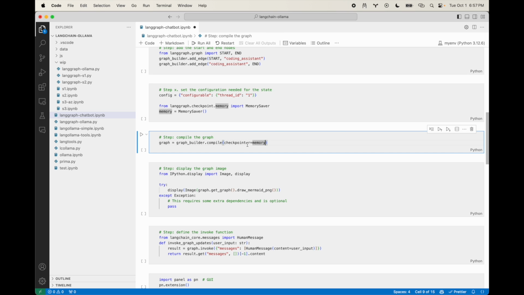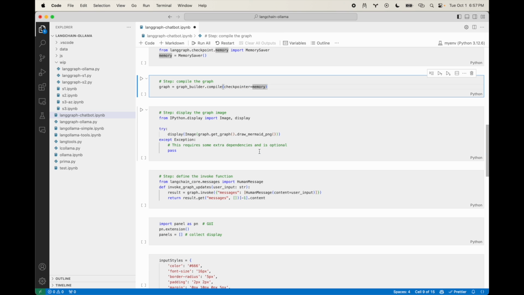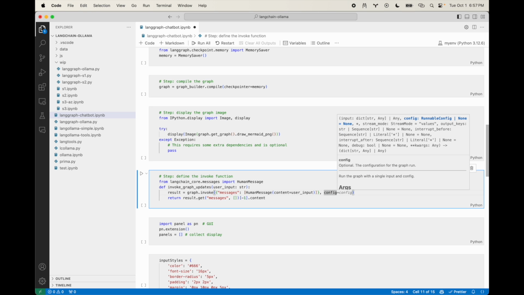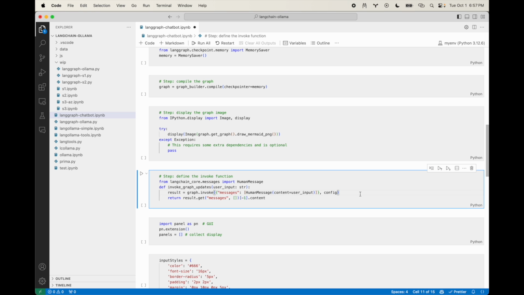So we just do checkpointer equals memory. The third modification that we need is inside the invoke graph. So basically, in the invoke method, we need to pass our config as the last parameter. With these three modifications, our chatbot now should have memory, and we can rerun it and test whether it's